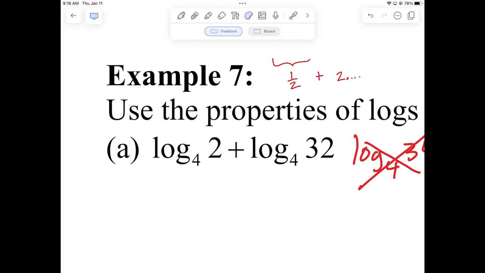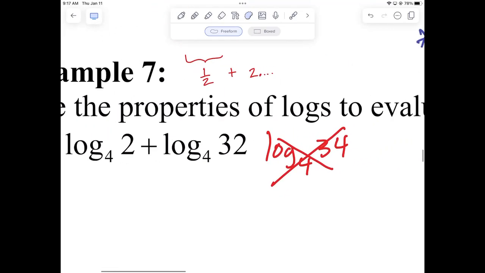Any ideas? What do you mean expanded out? Make 32 a whole bunch of 1/2s. Like, what do you mean? Like 64 1/2. No, you're the one that said it. What do you mean? Log base 4 of what instead of 32? Like a whole bunch of log base 2 that might add up to 32. Such as